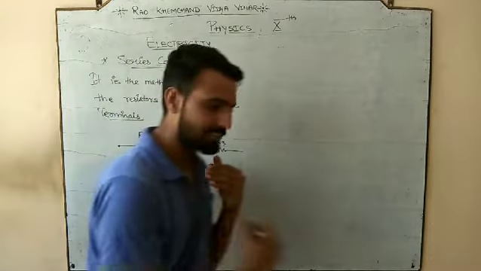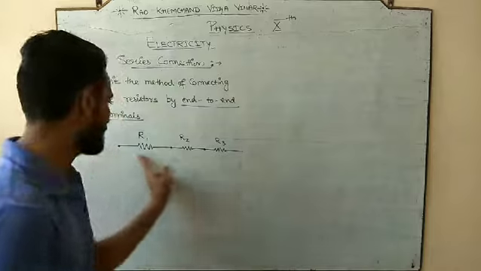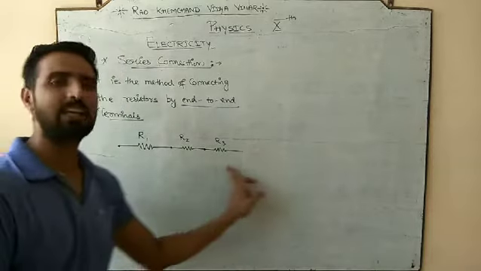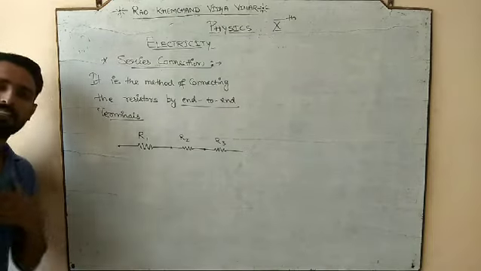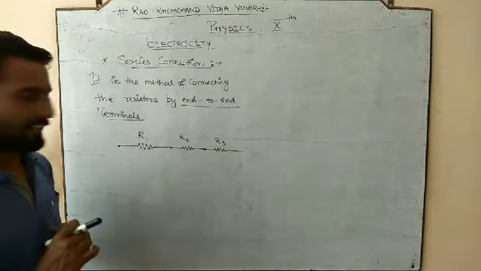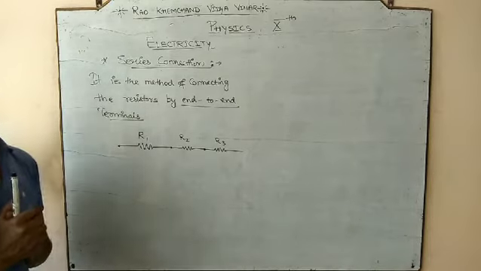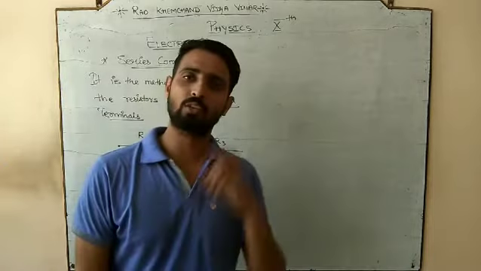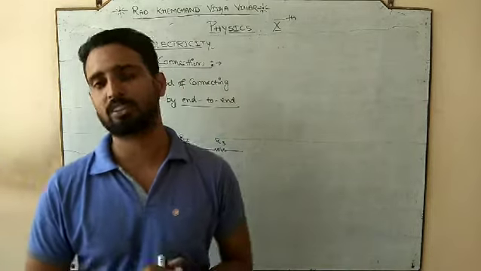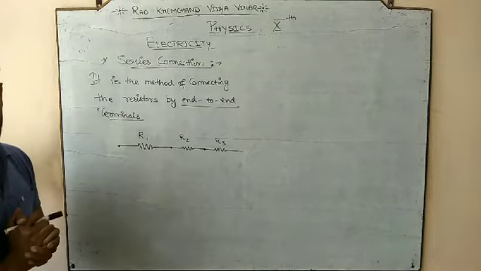When the resistors are connected end to end, or you can say in line, जब आपके resistors line में हैं, line word means they are in one path, जब एक ही रास्ते में है, this is your one way path, एक way रास्ता है. When the resistors are connected in that manner, we call them series connection. So this is your series connection of three resistors. I have taken three resistors here, you can take 4, 5, depending upon the numericals. So this is called series connection.